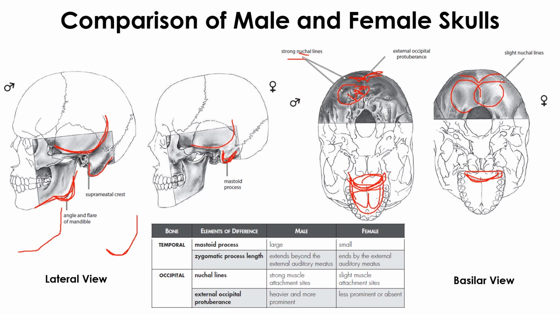Again we have the foramen magnum. This is the hole through which the spinal cord passes. This is the basilar view of the skull. The foramen magnum will be relatively large and long in the males. This one is large and this one is small. So these are the basic differences between male and female skulls, and let's proceed further and learn the differences.